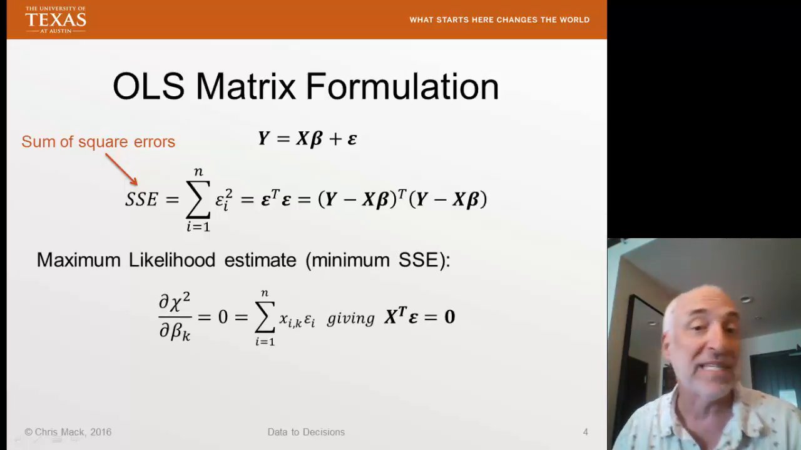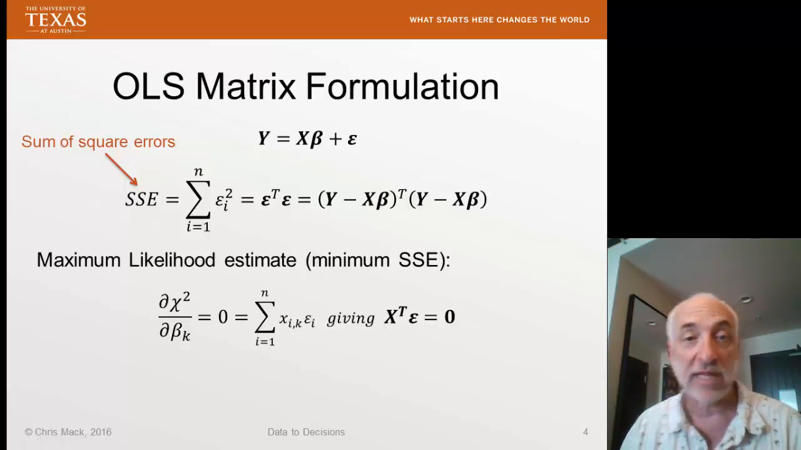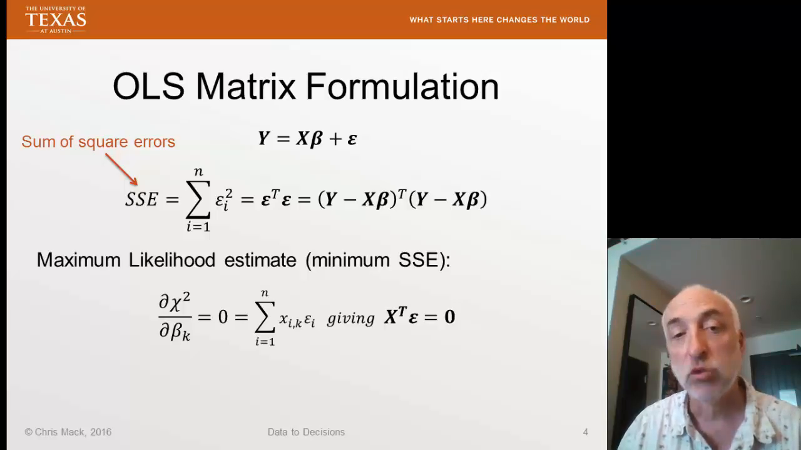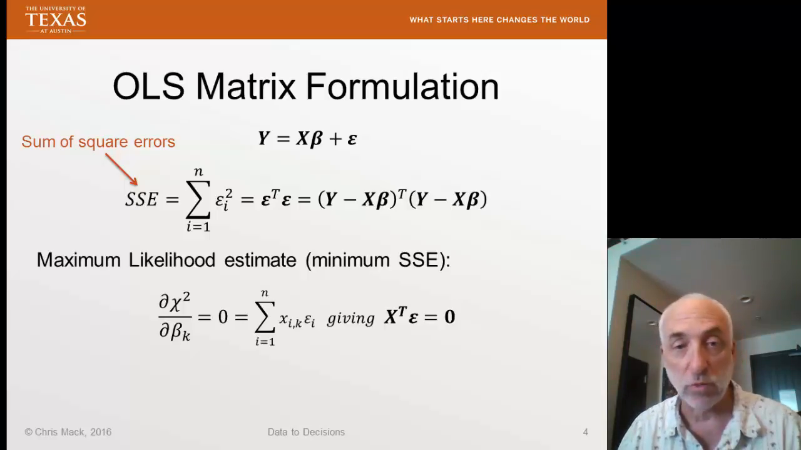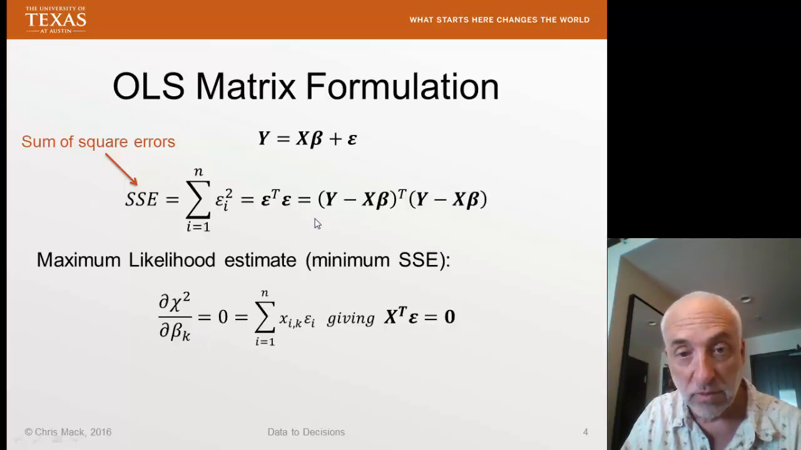We're now going to perform the same kind of maximum likelihood estimation that we've done before. I'll take this sum of square errors and take the derivative of that sum of square errors with respect to one of the parameters, beta sub k, and set it equal to 0. So we'll take this equation, take the derivative with respect to beta k, set it equal to 0, and I'll find that that's equal